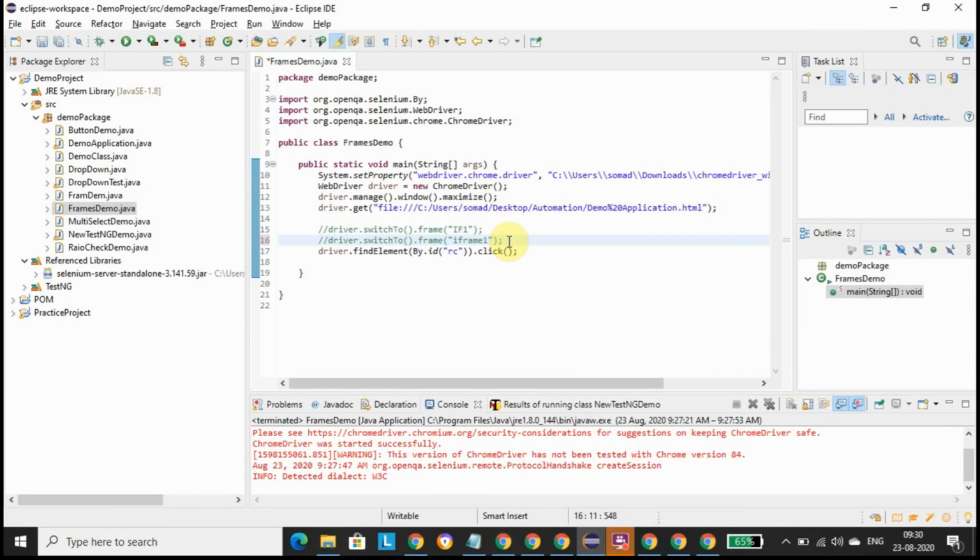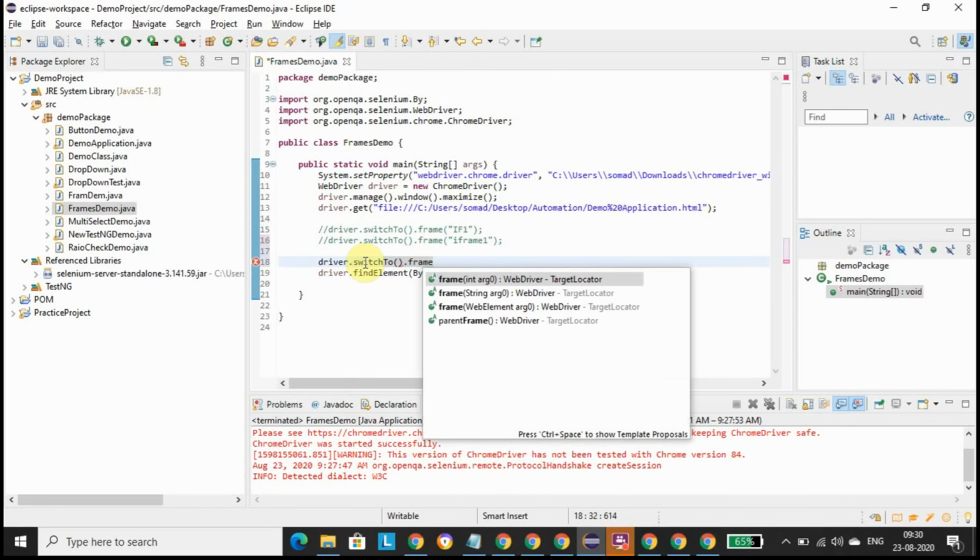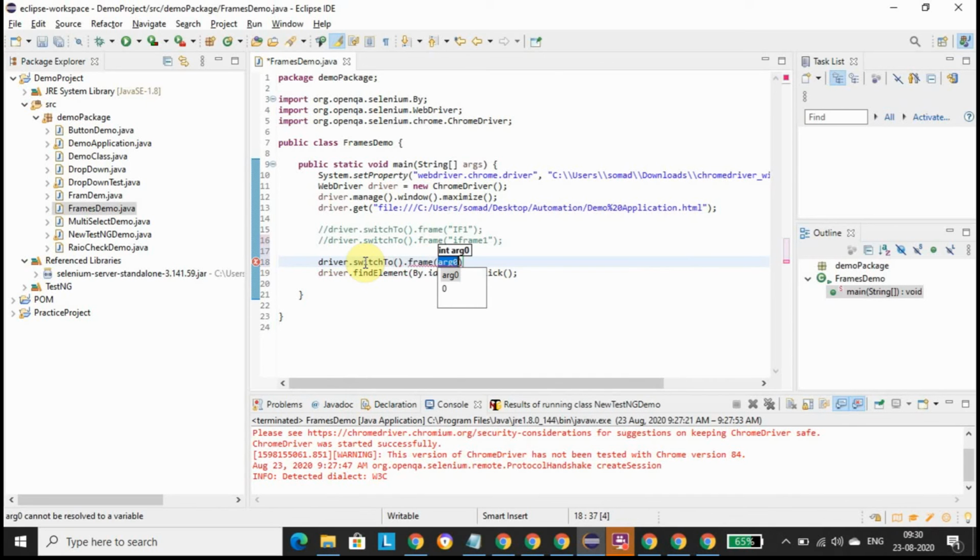So driver dot switch to dot frame. Here we are going to use a web element.